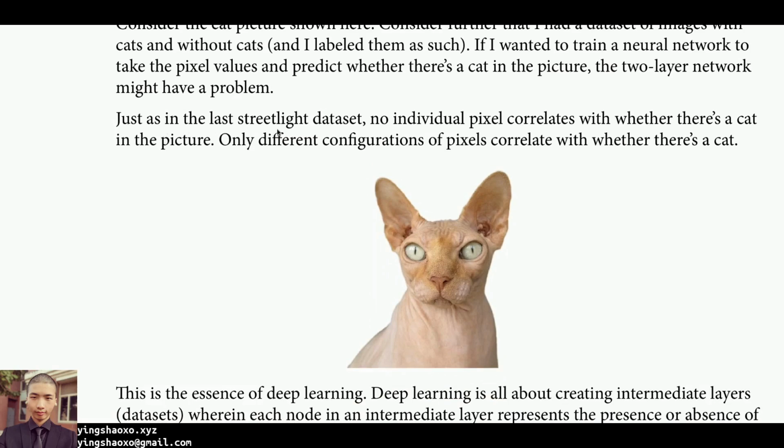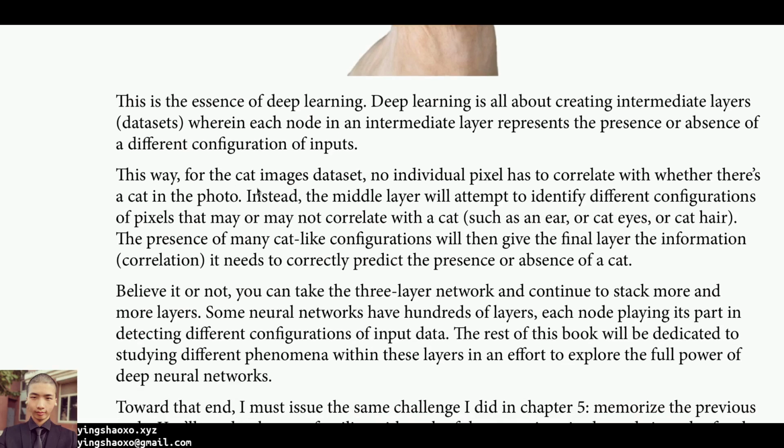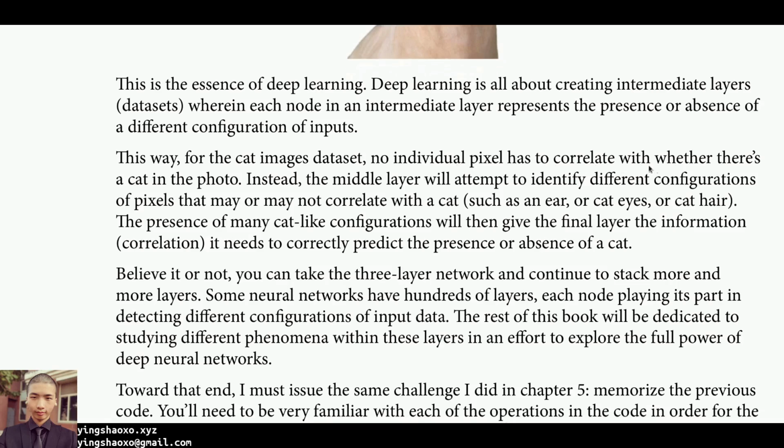Just as in the last streetlight dataset, no individual pixel correlates with whether there's a cat in the picture. Only different configurations of pixels correlate with whether there's a cat. This is the essence of deep learning. Deep learning is all about creating intermediate layers, or datasets, wherein each node in an intermediate layer represents the presence or absence of a different configuration of inputs. This way, for the cat images dataset, no individual pixel has to correlate with whether there's a cat in the photo. Instead, the